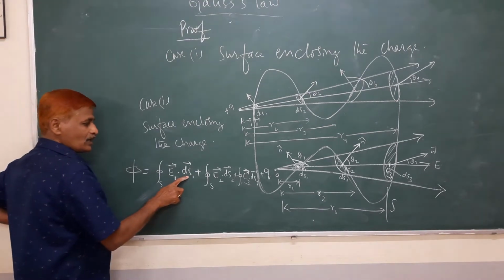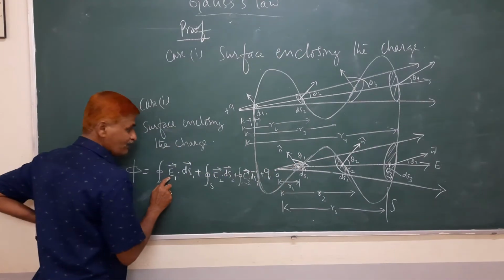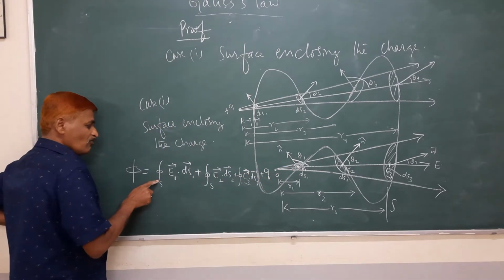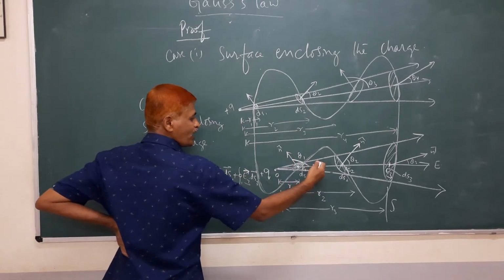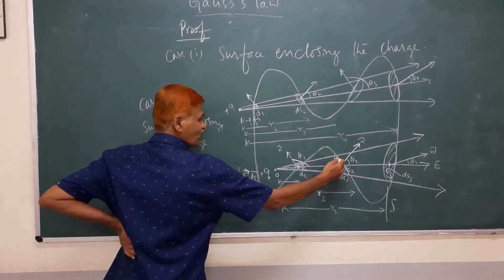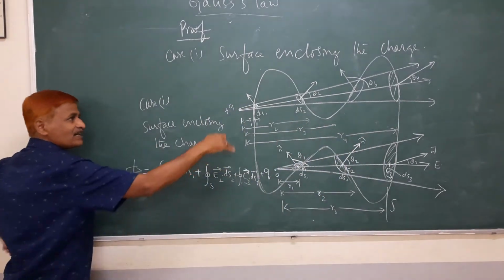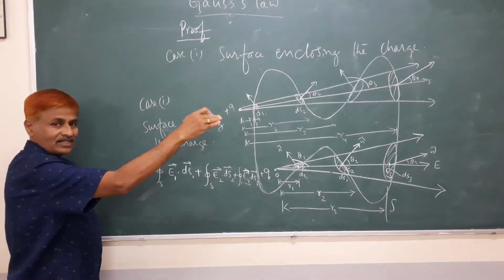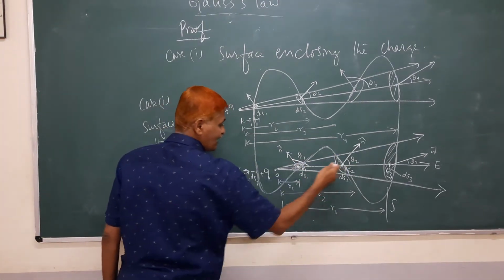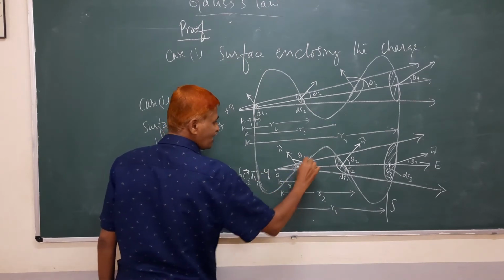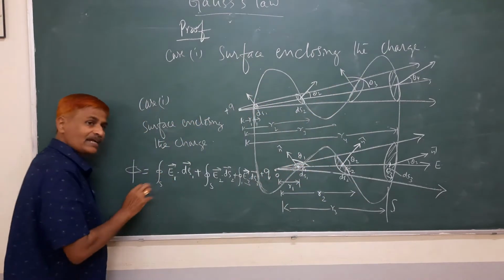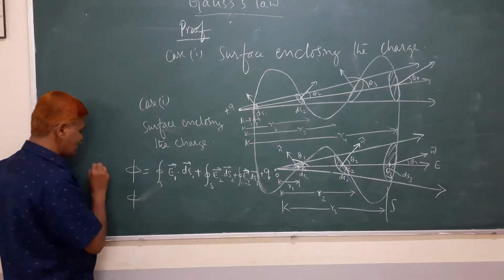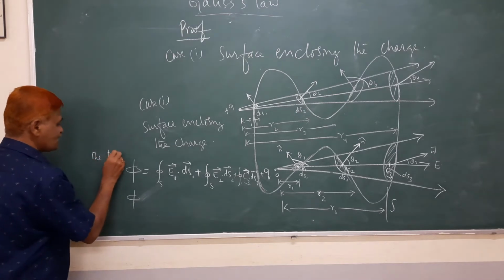So ds1, it is only for this area, and E1 is the electric intensity on the surface ds1. For total I have to take which is going out. Here they are entering, again here they are going out. For that purpose I have taken the surface this way. In order to increase entering, leaving, entering, the surface is taken in a particular shape. Okay, that increases the number of the cases. Okay, when it does this, the total electric flux phi